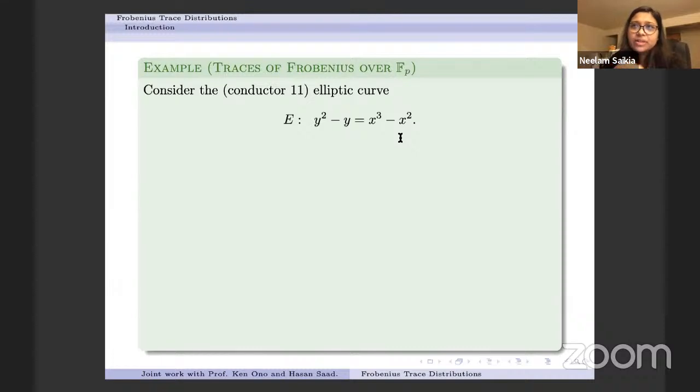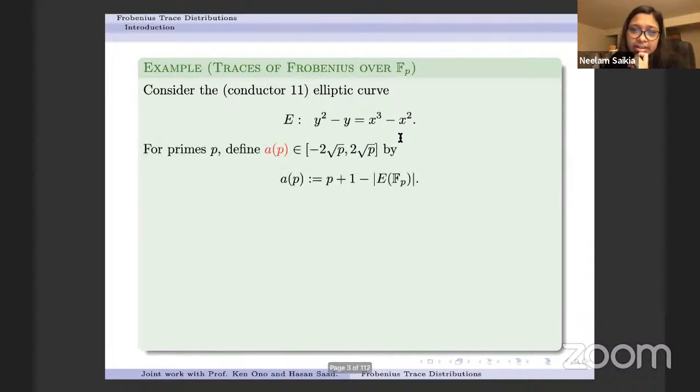This example counts the traces of Frobenius of an elliptic curve over a finite field. For example, consider the elliptic curve E defined by y squared minus y equals x cubed minus x squared. Then for each prime p of good reduction,